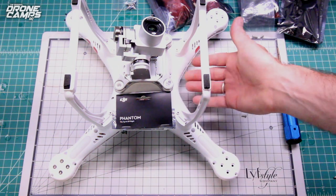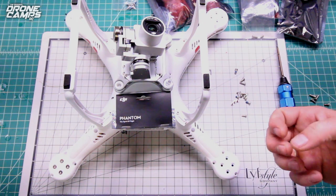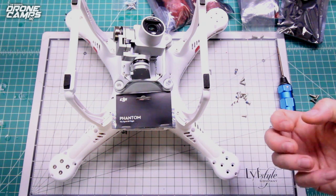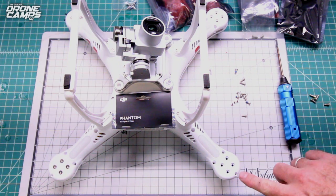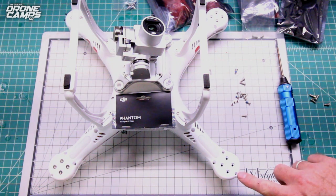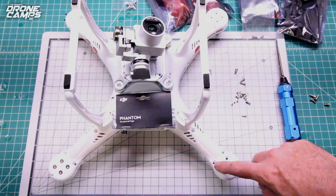That's because they have tabs inside here now, just to make it extra hard for you. So you're gonna have to really work on this. You're gonna have to use a little bit of muscle to take these tabs off. Now go ahead and we're gonna remove these outside bolts first, and these are the ones that kind of get forgotten about, so I'd like to remove those first before I start working on the bigger bolts on the inside